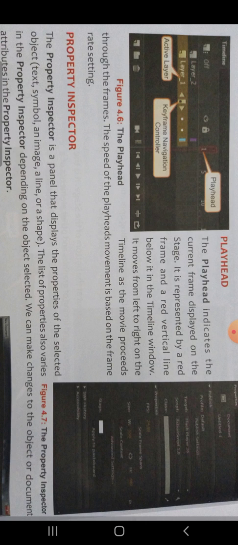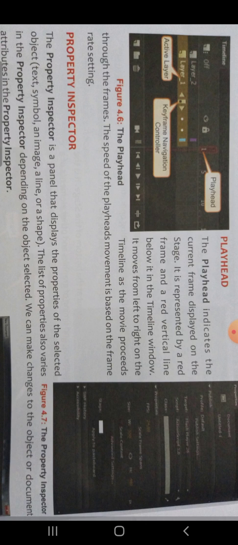Playhead. Just look at figure 4.6. The playhead has been indicated. It is the red rectangular bar. The playhead indicates the current frame displayed on the stage. As we run a movie, that is, we play a movie, we can see that this playhead moves from left to right, and hence the object is seen as moving.